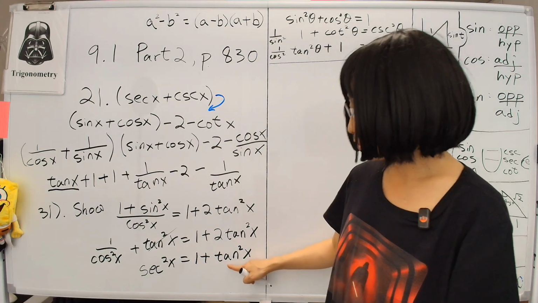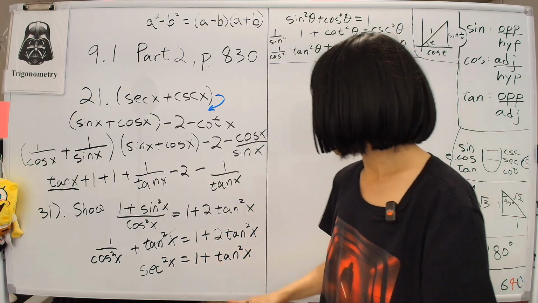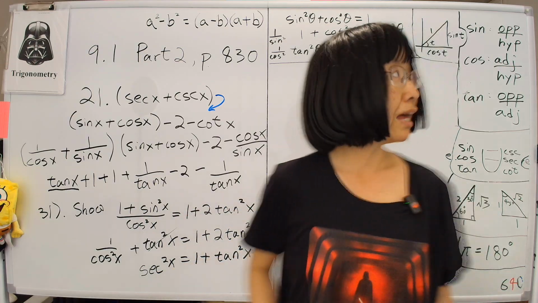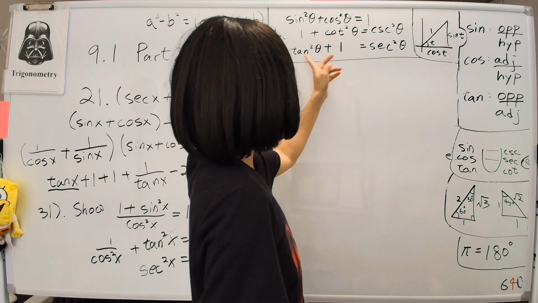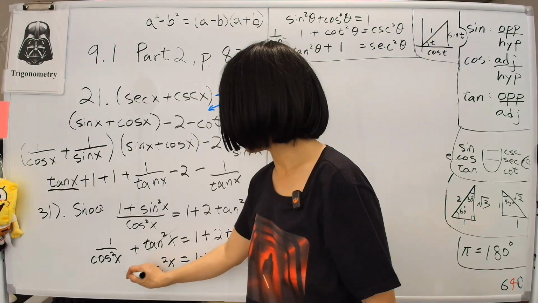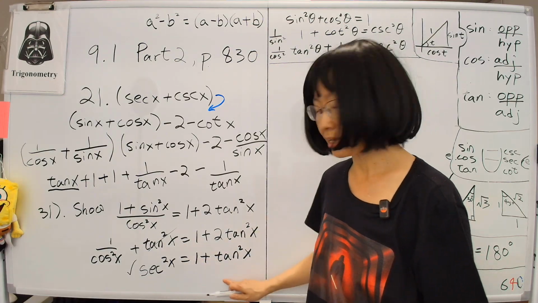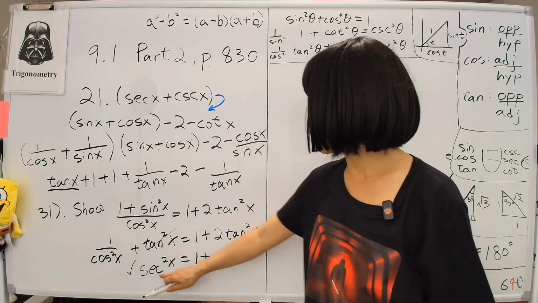Because if this statement is true, then this is true and that is true. Now, is secant squared equal to 1 plus tangent squared? And we look over here and see tangent squared plus 1 equals secant squared. This is indeed true. Therefore, we have done the proof, because we have arrived at a rational statement that's true